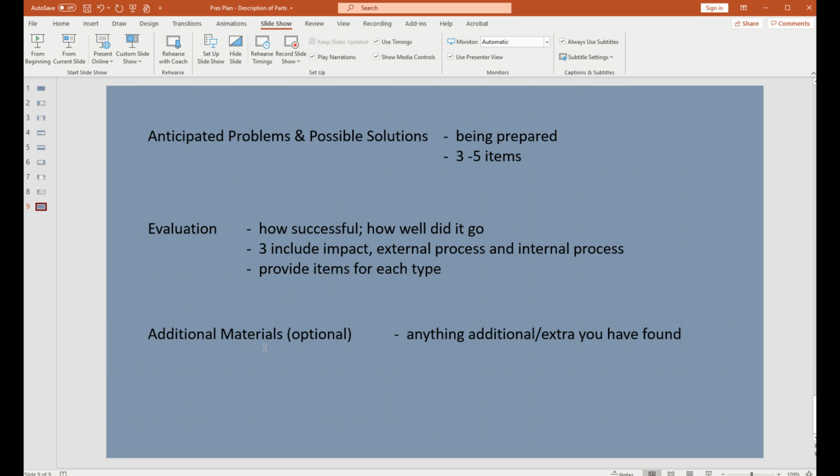If you have additional materials, you find a crossword puzzle, a worksheet already created, and you want to just include that as reference, that's fine. Any specific pictures, this is sort of an optional section, not required, but as you find more